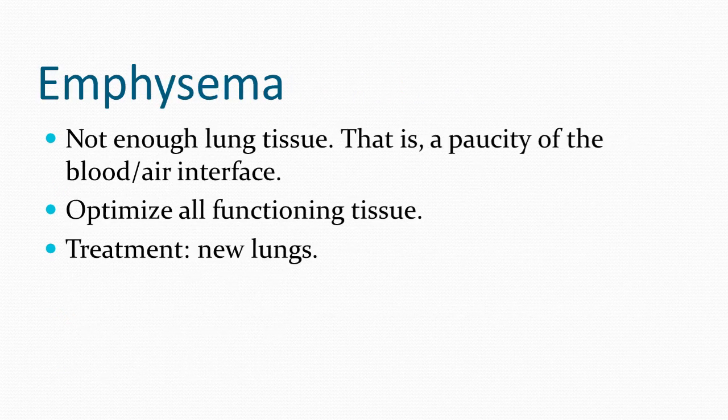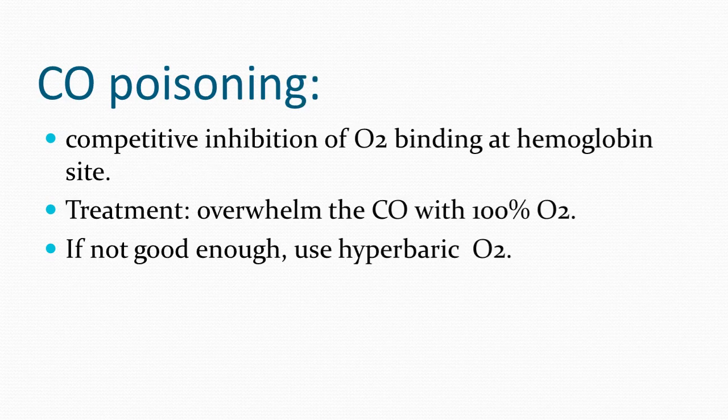Emphysema: not enough lung tissue, that is, a paucity of the blood-air interface. Optimize all functioning tissue, and the definitive treatment is lung transplantation. CO poisoning: competitive inhibition of oxygen binding at the hemoglobin site. Treatment: overwhelm the CO with 100% O2. If not enough, use